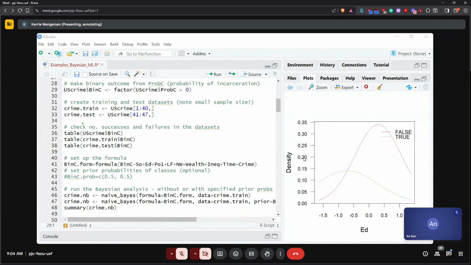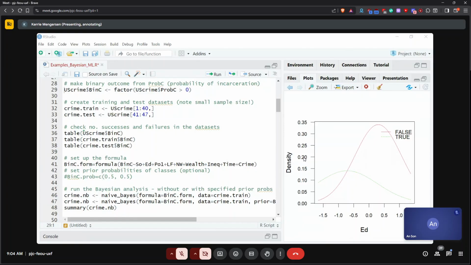So this analysis is going to look at the probability of going to prison based on this variable, given the other variables. So this is going to be education, proportion of non-whites, the wealth, inequity, that kind of thing. I've created a training set and a test set. We only have 47 observations in this data set, the regions, so it's very small. I've done that deliberately so that we can just see the results here.